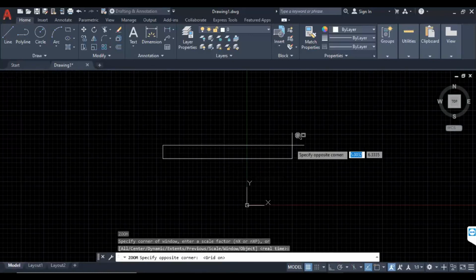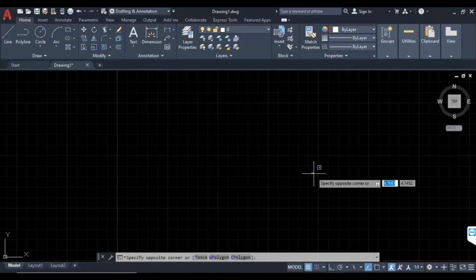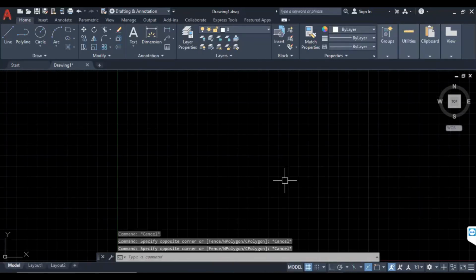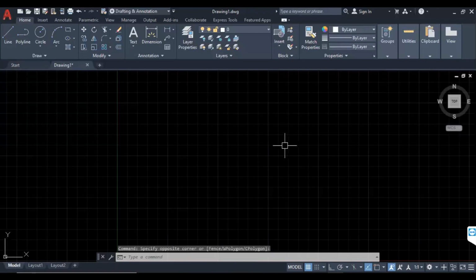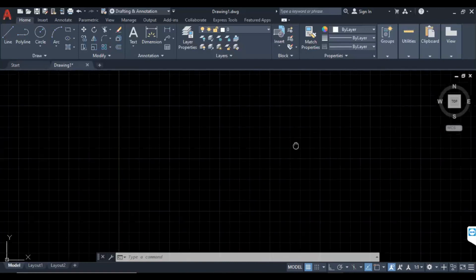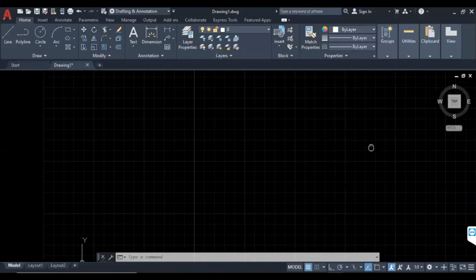Whatever objects are displayed here, you can try the pan command or pan icon. See, now you are able to pan. You can move. You can observe that green line; it is translated from one point to another point.